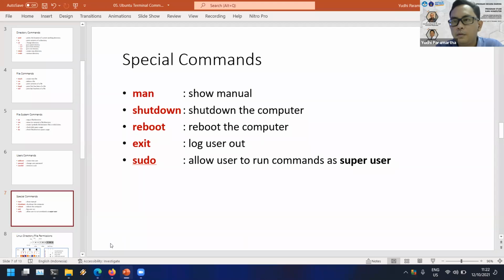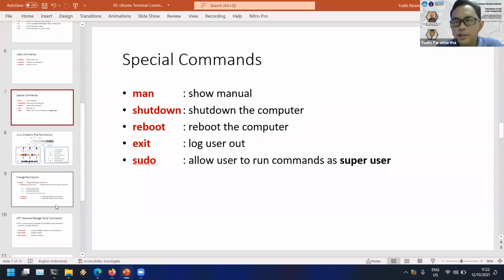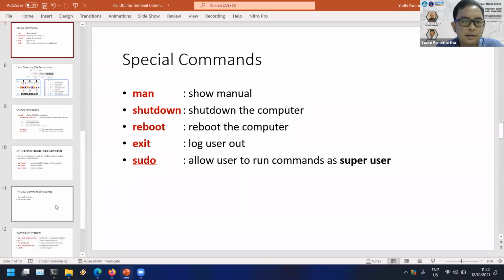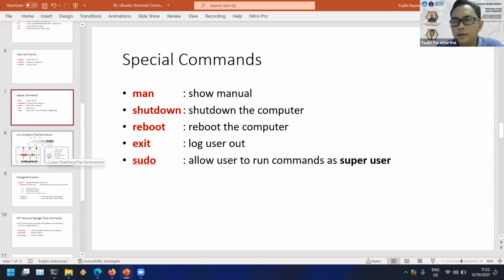Okay, do you have any question about this? Okay, I will just give you the assignment. Please go to that assignment, and then solve the problem that I will give you.